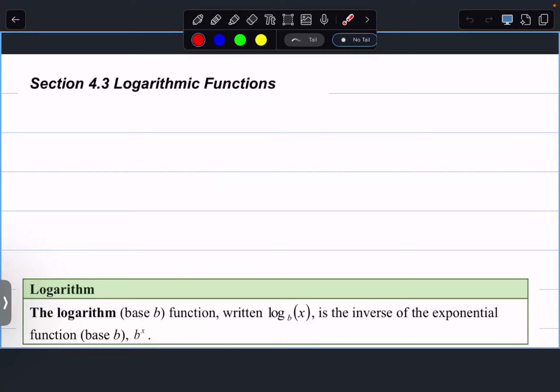This section is on exponents and logs. We just had a look at exponential functions, and now we're going to talk about logarithmic functions. The thing about logs is they're relatively easy to work with and compute using calculators. A lot of calculators just calculate the logs. It used to be a very difficult thing.